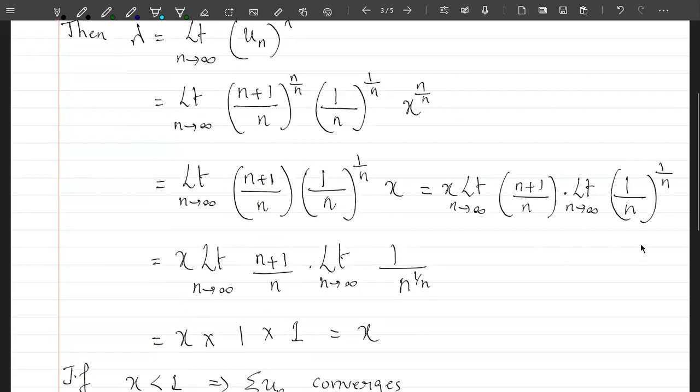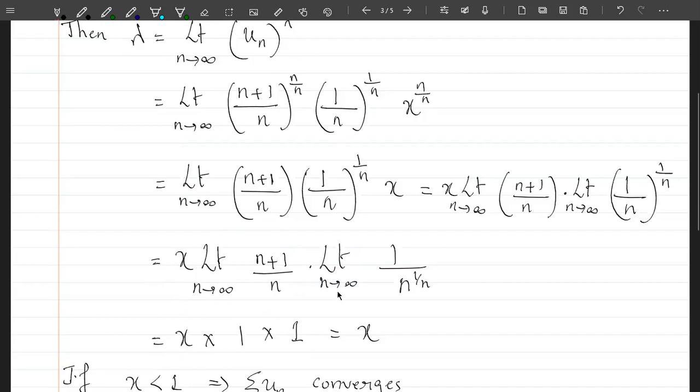So now this particular term over here, I have written it as limit n tending to infinity (1 by n) power 1 by n here. Now this is x. What will be the value of this particular limit? As n approaches infinity, this becomes infinity, this also becomes infinity. So I get infinity by infinity over here. So you can use L'Hopital's rule. If you use L'Hopital's rule, differentiate the numerator, I get 1. Differentiate the denominator, I get 1. So the value of this particular limit becomes 1. So I get x into 1.